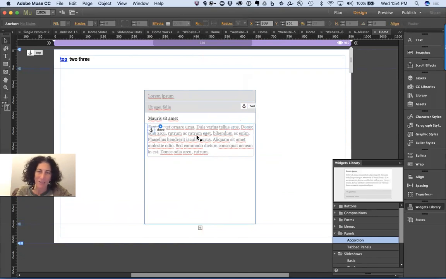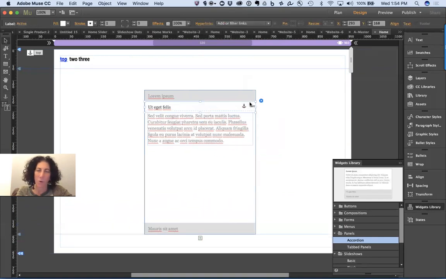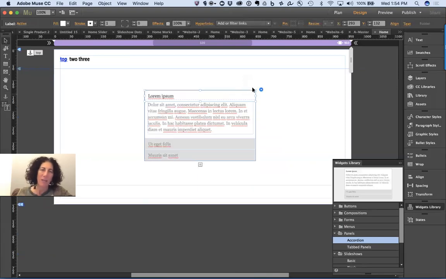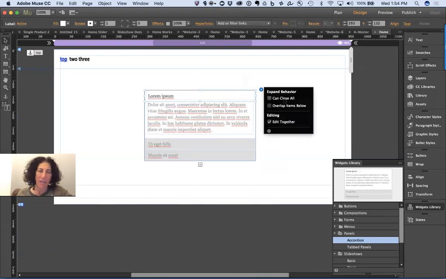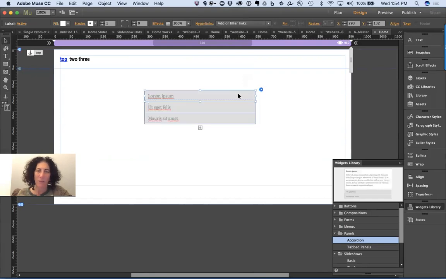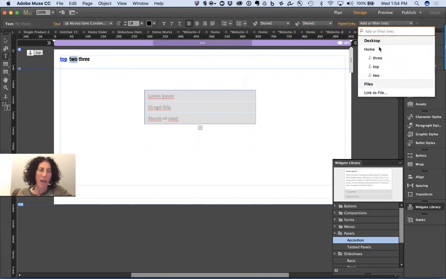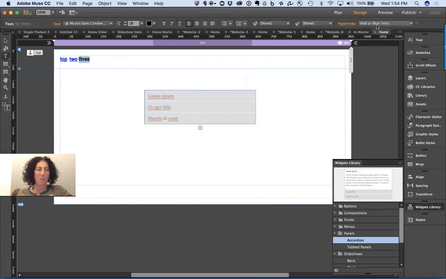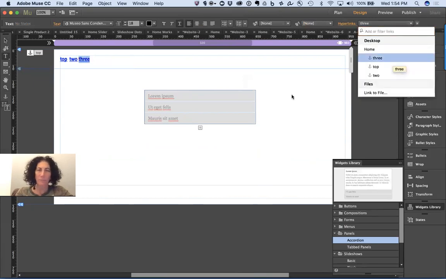I just want it inside the body of this accordion. Same thing with 2. I'm going to put it inside the body of the accordion. I can now say to the accordion, go ahead and close all and collapse it. And now if I come back to my top nav, I can grab that second and third anchor links, and